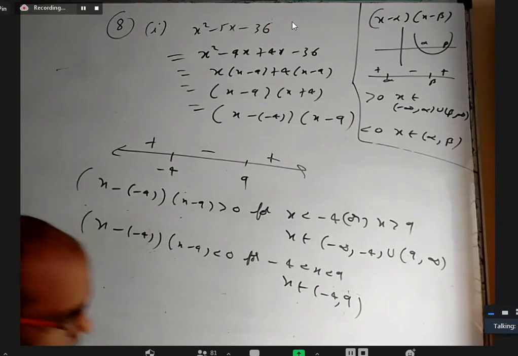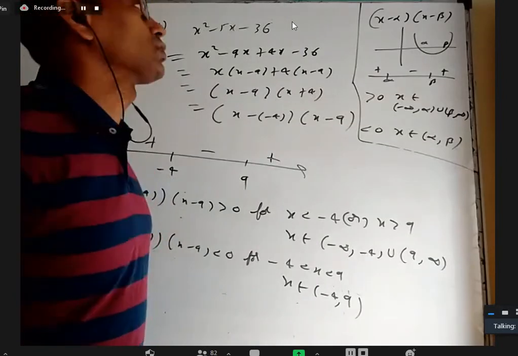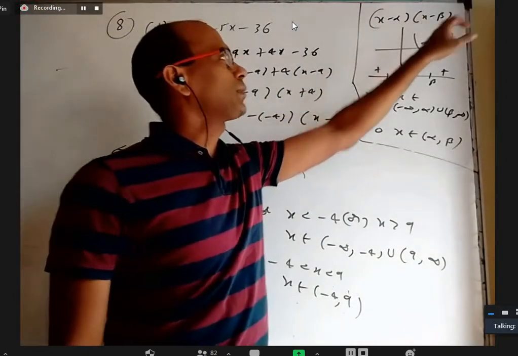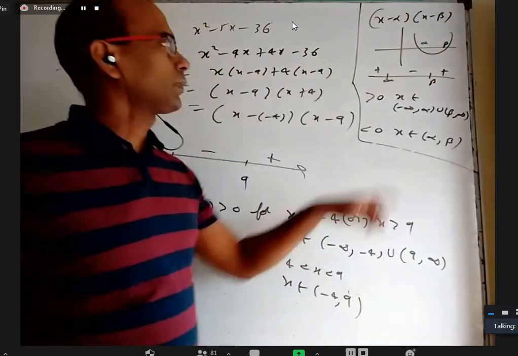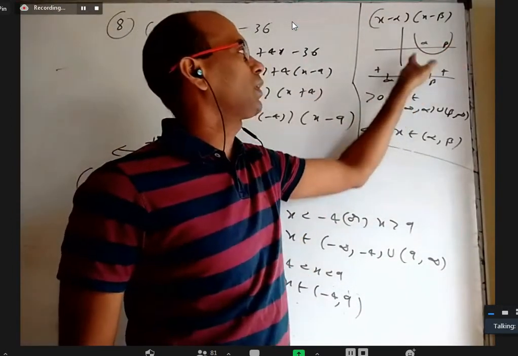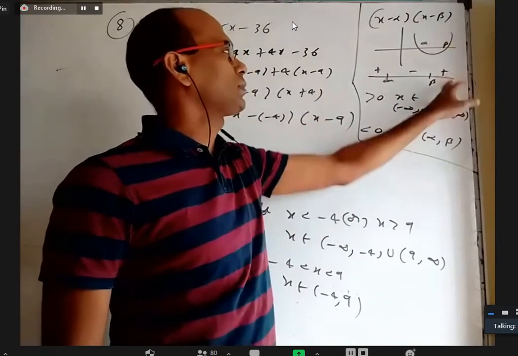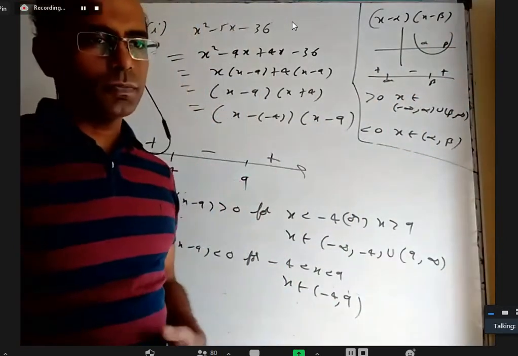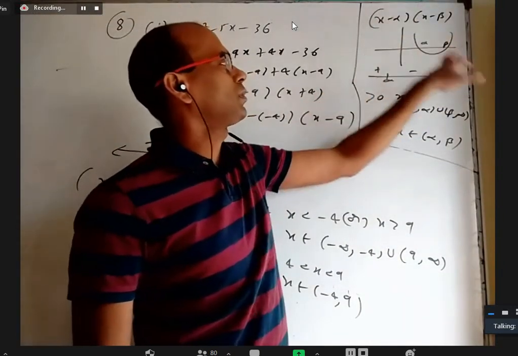Okay. This is a main point we will be using many times in future also. (x minus alpha)(x minus beta), the graph is like this. When it is positive, when it is negative. Between alpha and beta, the graph is below the x-axis, it is negative there. Before alpha and after beta, it is above the x-axis, it is positive there. We don't need the graph. If we take anything more than beta and substitute, both factors are positive, so the product will be positive.